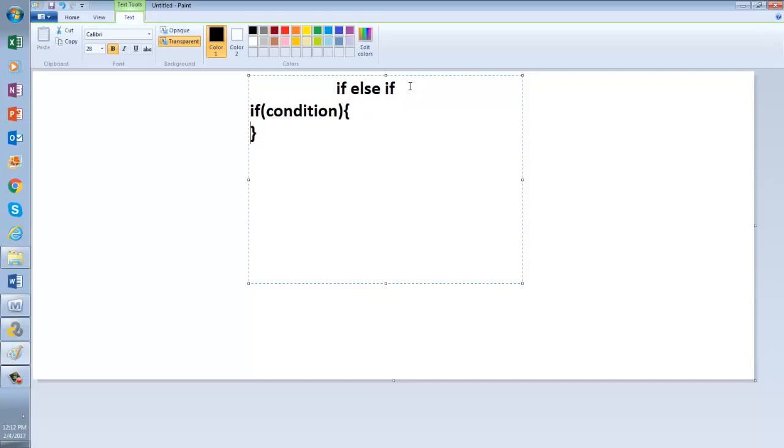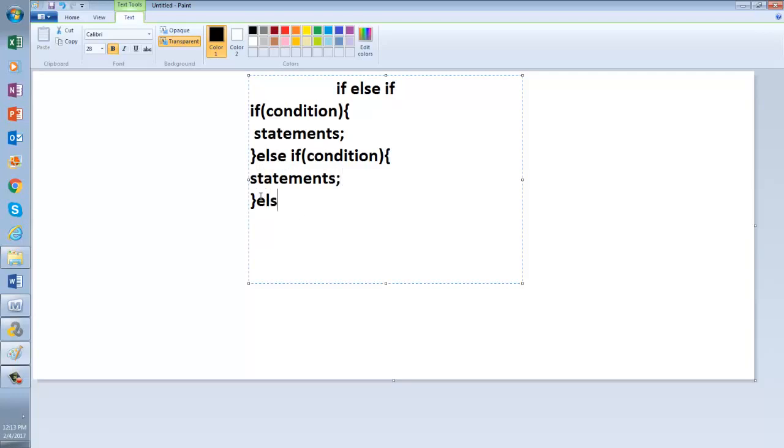If the condition is true, you have a set of statements. Else if another condition is true, you have another set of statements if it's true.